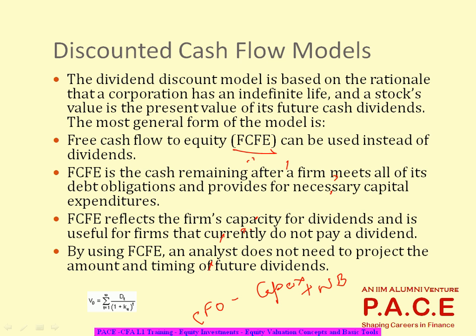So what people say is, if the company's dividend pattern is not appropriate, not having some kind of pattern which you can really forecast, the other way is, instead of looking at dividend, which is the reality, look at the potential to pay dividend. How much can it pay? Rather than looking at how much is it paying, look at how much can it pay.